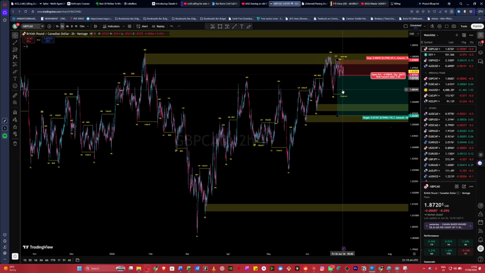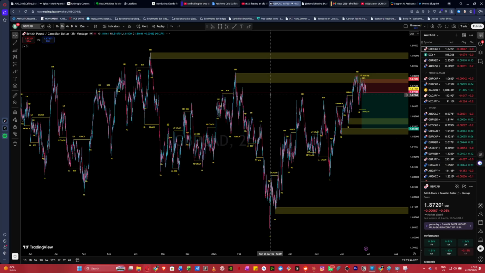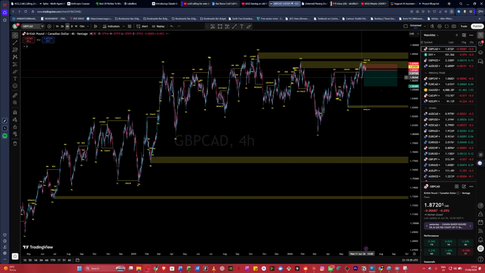The reason why I like checking other time frames is so that when I wake up in the middle of the night and I see that this trade is going against me, I should never be bothered. That's how I should feel. That's why I always check all time frames.